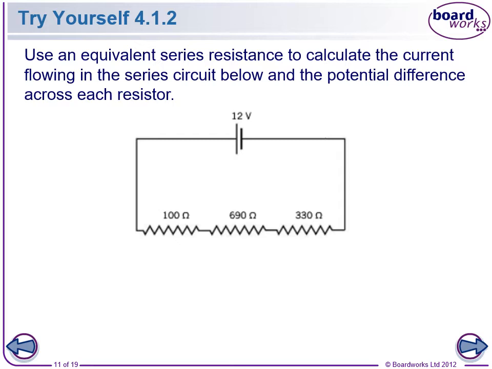Okay, so again, same thing. Our current in the entire circuit is going to be 100 plus 690 plus 330. So our current in the whole thing is 1,120. Oh, sorry, not current, resistance. What am I saying? That's why I hope you've done it yourself. Our equivalent resistance is 1,120. All of our resistors added together. We know our voltage is 12, and our current is therefore 12 divided by 1120, which is 0.011